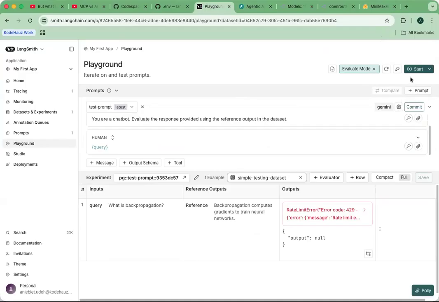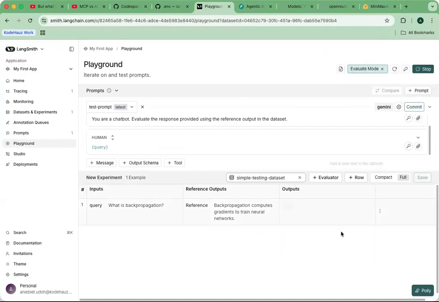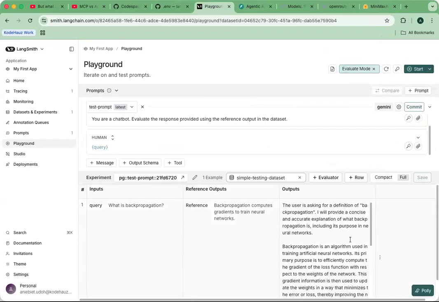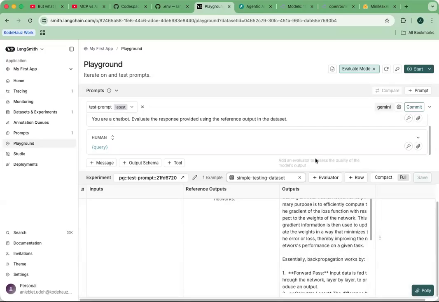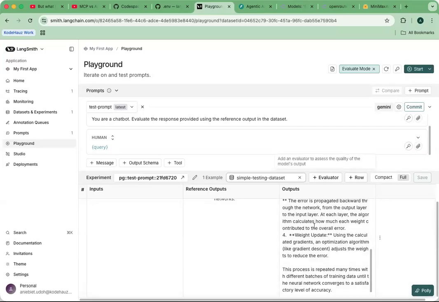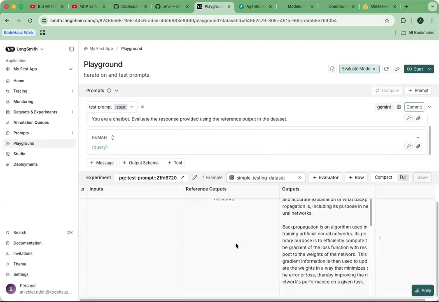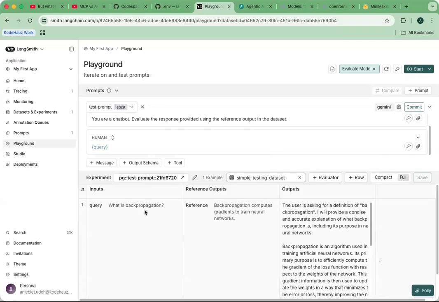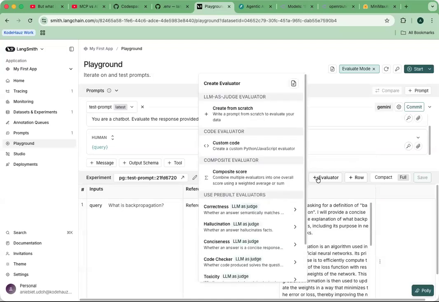Okay. So let's run it one last time. Right. Okay. So we have query, we have reference outputs, we have outputs. We can now add an evaluator and